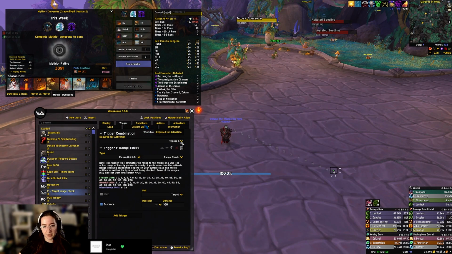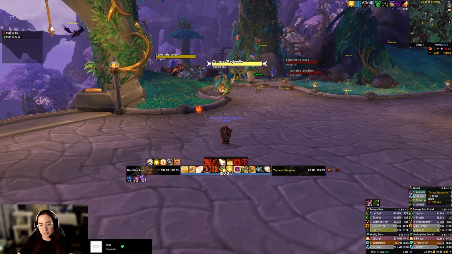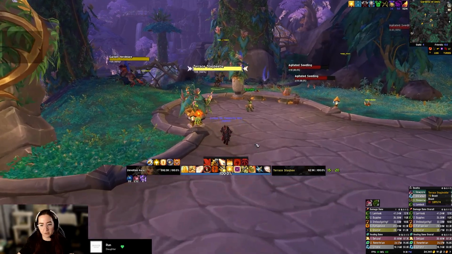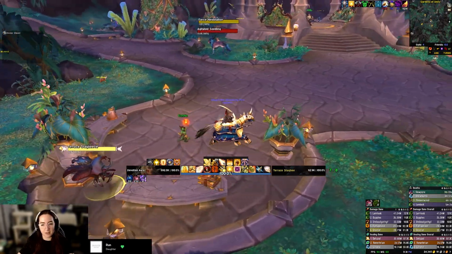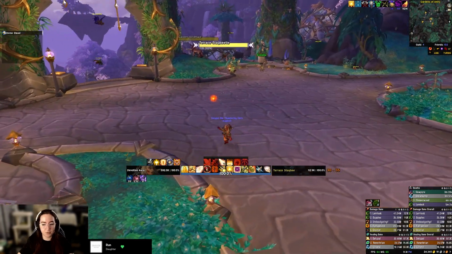Target range check. This is a big one. As you see, I'm targeting this stag beetle right now, and as I move, this tells me how many yards away from it I am. This isn't as important because I'm playing melee and keys right now, but when I was playing my druid, there's